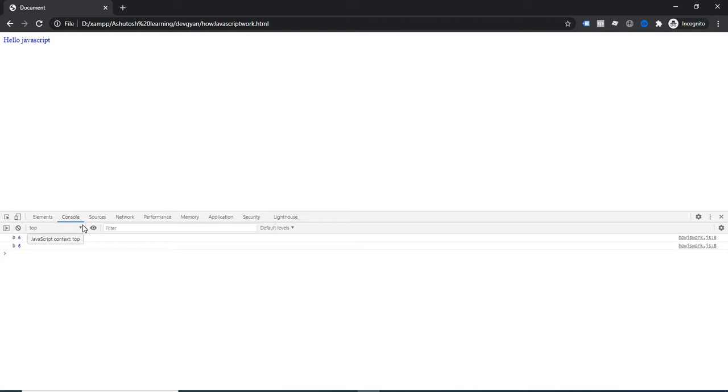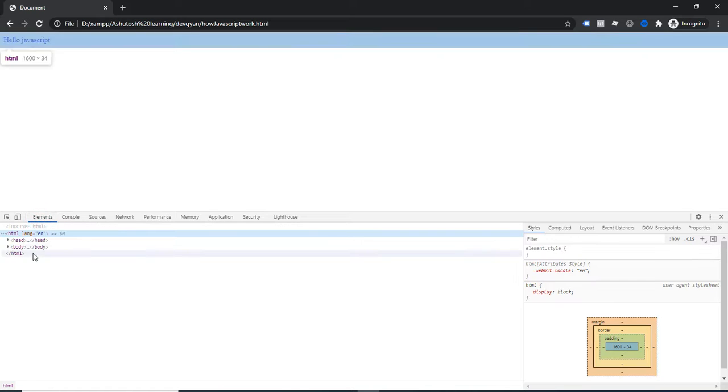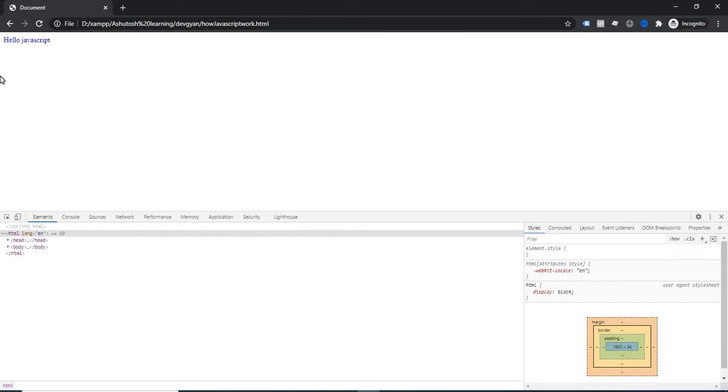Console tab is also a part of the browser, not a part of the JavaScript. Console tab is a part of the browser. And you will also wonder about the DOM element. This is the DOM part, which you can notice is a DOM tree. Everything in HTML is available, and based on that it is displayed on the DOM. So the Document Object Model is also part of the browser, not part of the JavaScript.